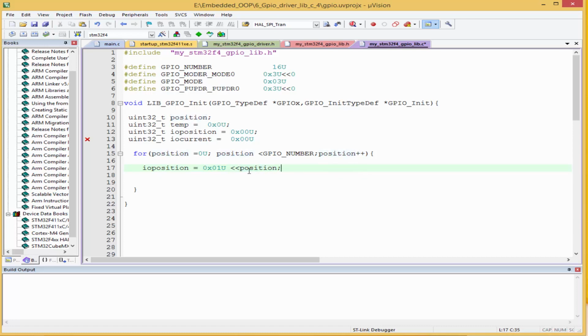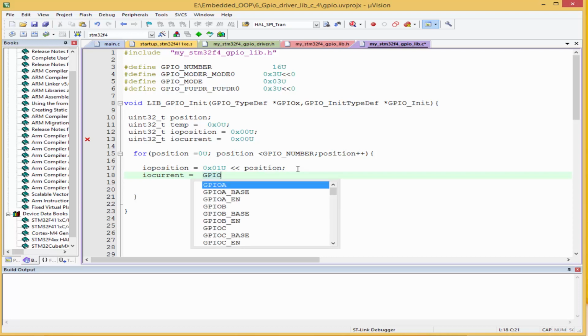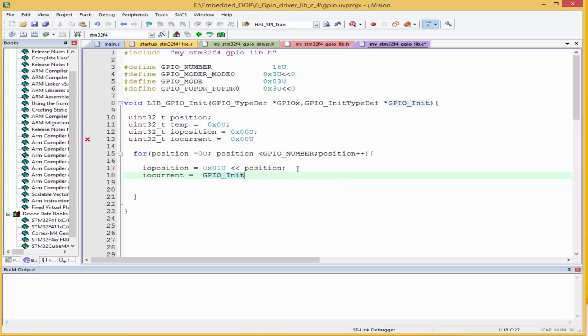Like this, and then I'm going to get the current IO position by doing IO current equals GPIO_init, then the pin, or typecast this to uint32, and then perform an AND operation with the IO position like this. Right, I've got a semicolon here. Okay,